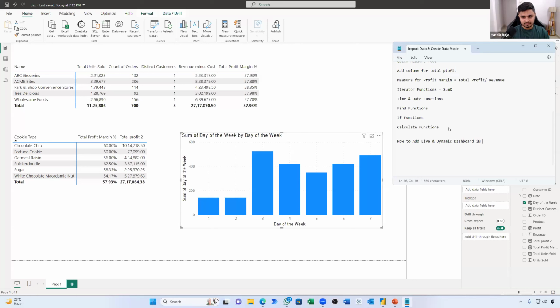Dashboard in... I know the moment I write this, everyone is going to be happy because it's an important learning PowerPoint. This is the last thing I will cover after explaining this. Everyone requires it: how to add a live and dynamic Power BI dashboard in PowerPoint. So in the next session, absolutely, these four things will be covered. Is the agenda clear for next week and the weeks going forward? Much needed? Yes. Don't worry, it will be done.